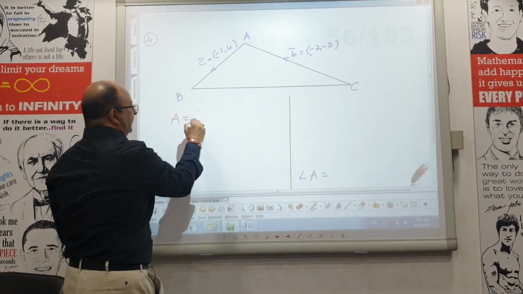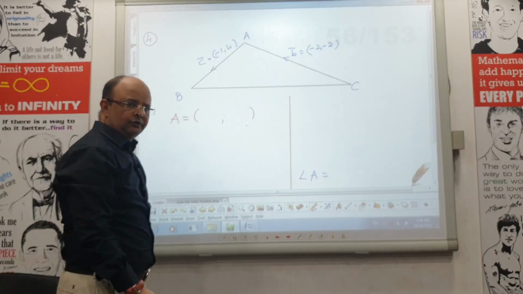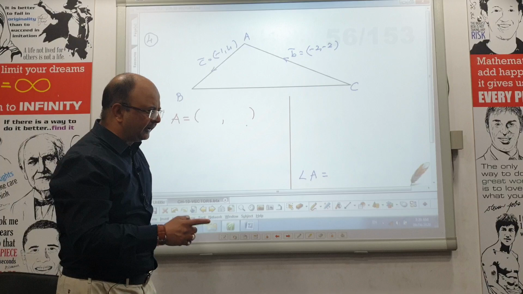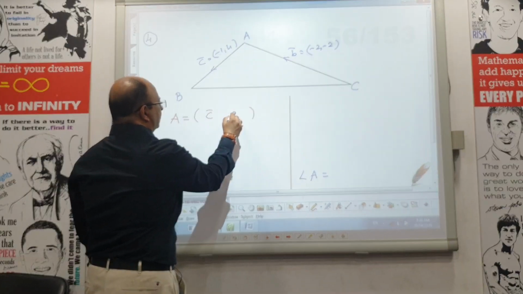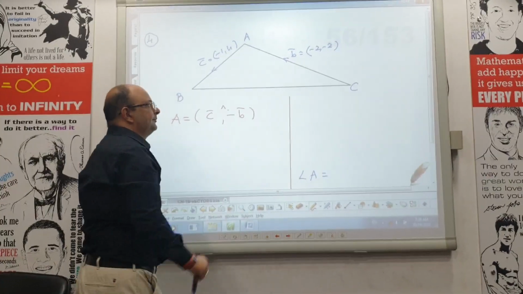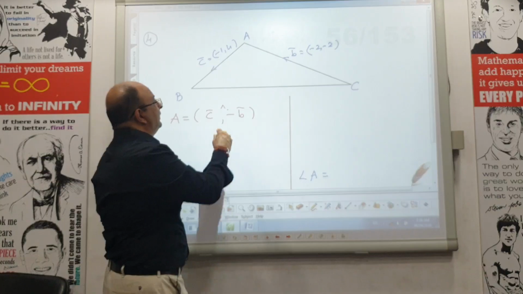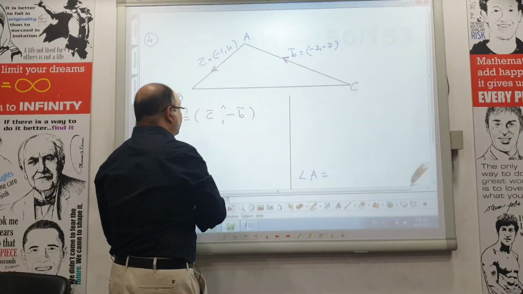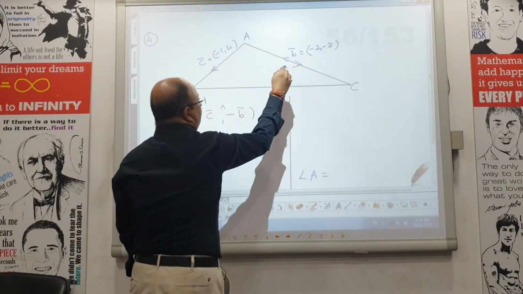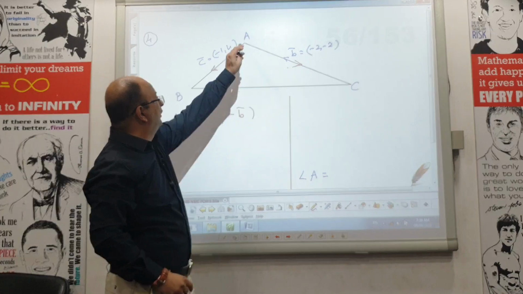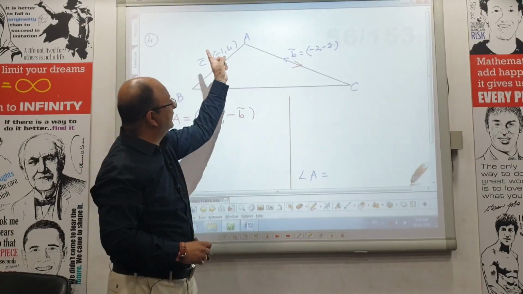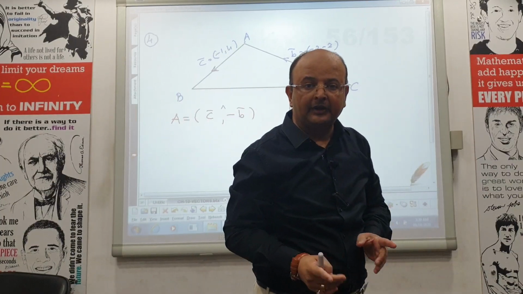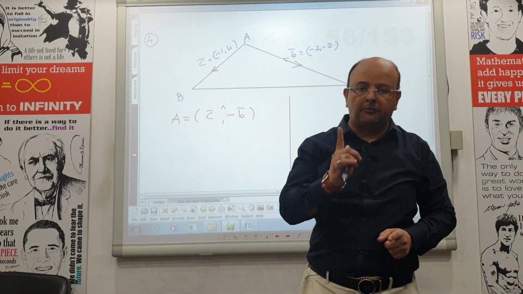A bar is the angle between which two vectors? You will say, sir, it is simple, it is the angle between C bar and B bar. Sorry, my dear friends, it is the angle between C bar and minus B bar. Look carefully. This is your C bar. Unfortunately, this is your B bar. So I don't want B bar. I want the vector which comes out of A, that is C bar and minus B bar. So A is not the angle between C bar and B bar, it is the angle between C bar and minus B bar.